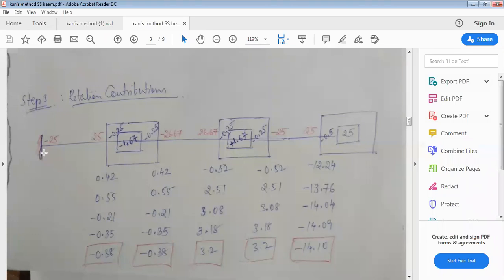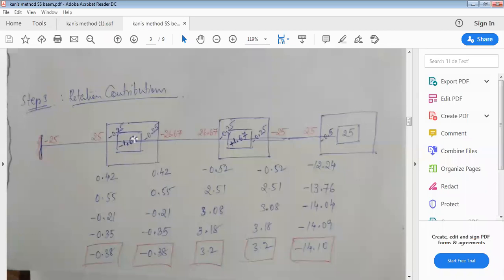At this point we will not have anything. This is B joint, so we have minus 0.25 and minus 0.25. Similarly at joint C, I will have minus 0.25, minus 0.25, whereas at DC, I will have minus 0.5. This is the only change we are making now.